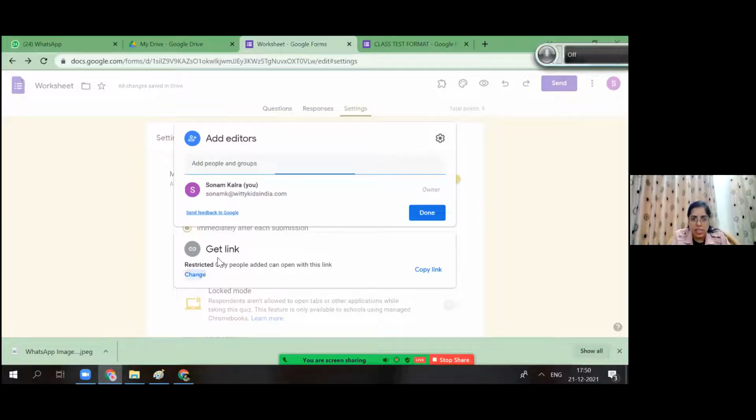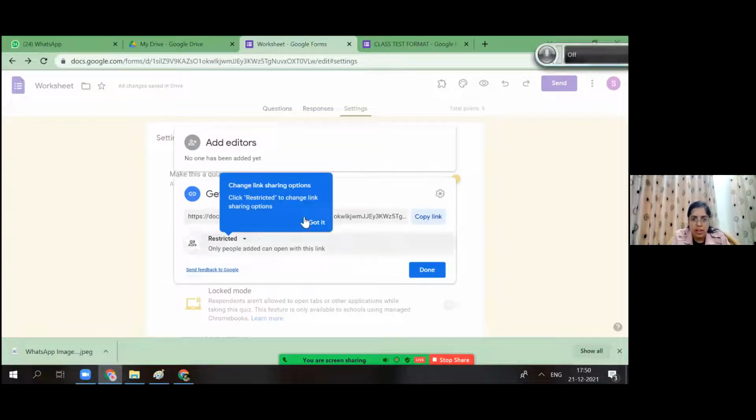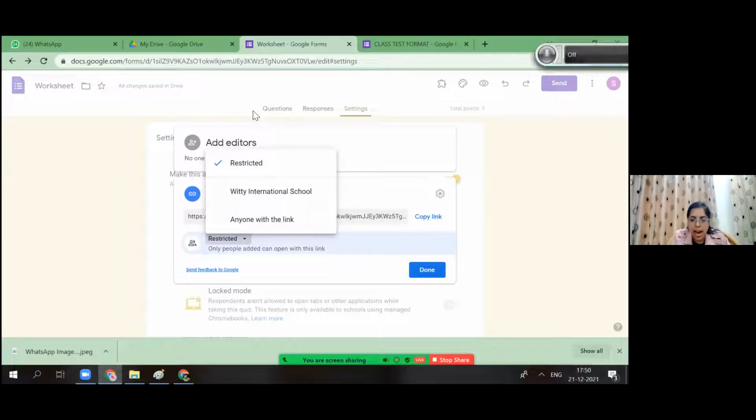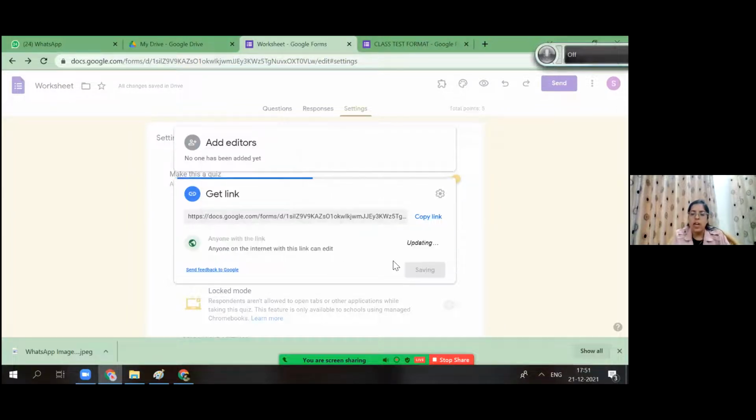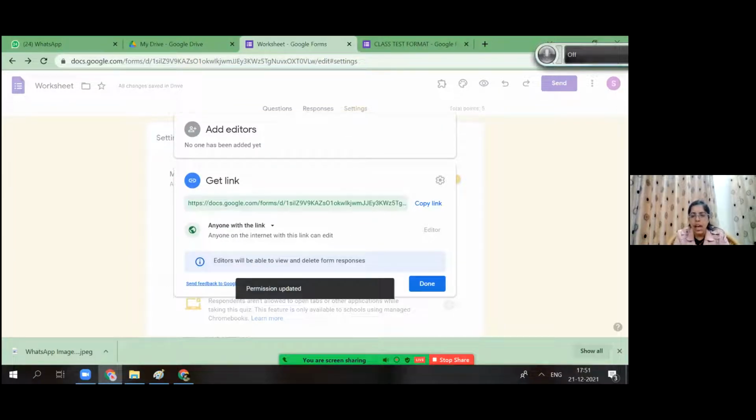Is my screen visible to everyone? Anyone with this link. Okay, so when I added the collaborator, if your organization is there where all the students are added to it, from there you can make only those students appear for that form. Otherwise you can go to the settings and say anyone on the internet with this link can do.